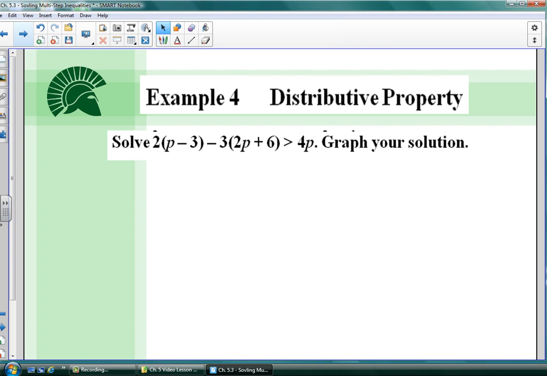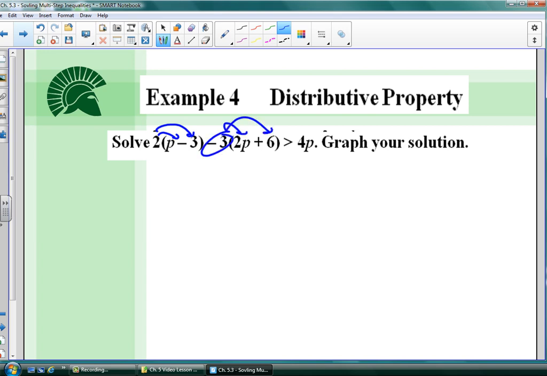On this problem, we're going to look at using the distributive property to solve an inequality. So what we're going to do is just use what they give us and go from there. We're also going to end up graphing this problem at the very end. Notice there's only one inequality symbol, so there's only one thing that we're going to end up having to do. So when I do the distributive property,